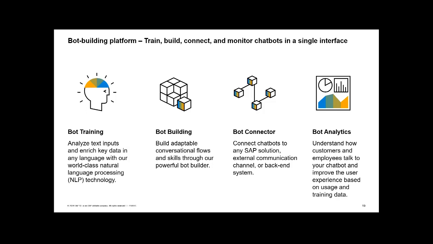Or if you want to connect your SAP on-premise system through the cloud connector with the BTP and your CAI, then you also need the Enterprise Edition. But for all other stuff, contacting APIs and so on, you can use the Community Edition for free. So you can build any chatbot for free, except these paid features.